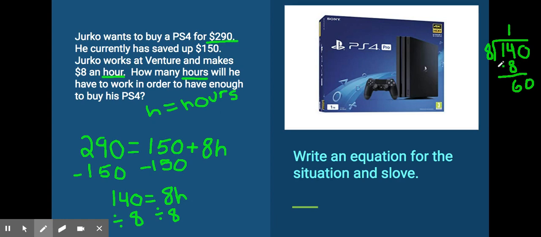Bring down my 0. 8 goes into 60 7 times. 56. The remainder is 4. So that ends up being 17